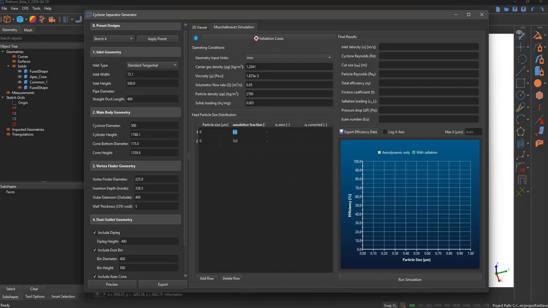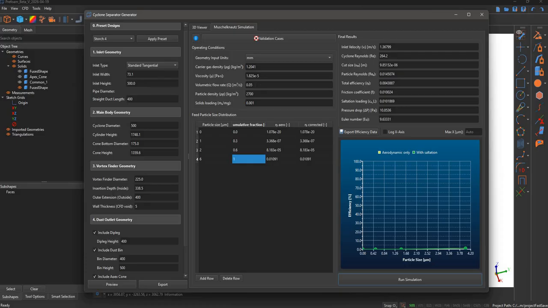Let me put a value. Actually, let us do that more professionally, like 1, 2, 3, or like 6, and our cumulative fraction would be like 3, then what else, like 6, and then 1, and then you can hit this run simulation and it will calculate your